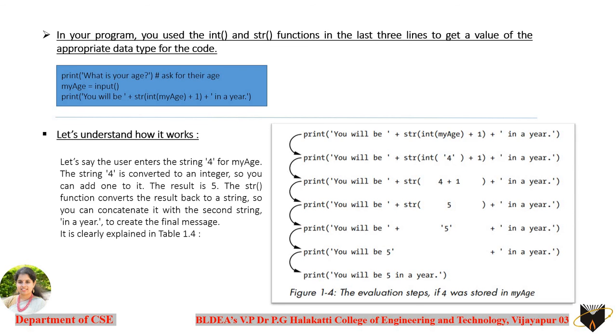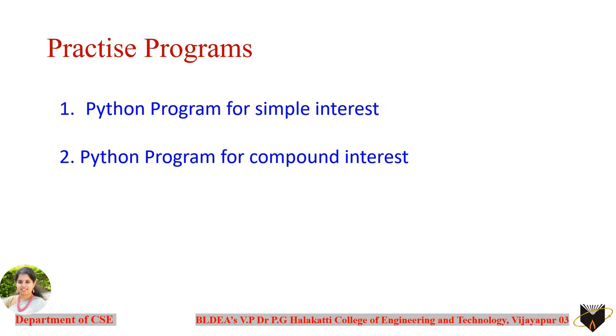So along with the three programs that were given in your previous video, I want all of you to practice these two programs as well before going to the next interactive class. That is Python programs for simple interest. You need to write a Python program to read the values required for calculating the simple interest, and display the simple interest as a result. And the next is a Python program for compound interest. All the programs need to be written as a Python file, not in the interactive shell. All these files you have to save in a separate folder, and show them to me in the next interactive class.